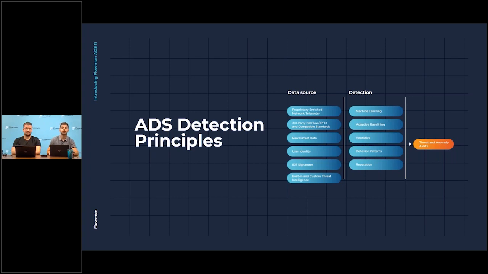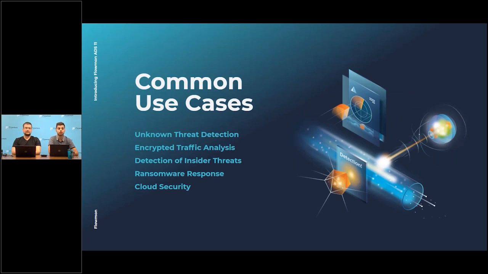And this all results in threats and detection, anomaly detection, and alerting. The most common use cases are, as mentioned, unknown threat detection, looking for attacks that don't have a signature available yet, understanding the threats, and also enforcing policies within encrypted traffic, detection of threats that are not coming from the outer world through our perimeter, but rather come from within,